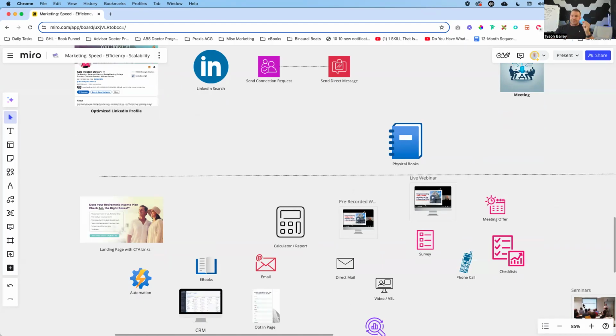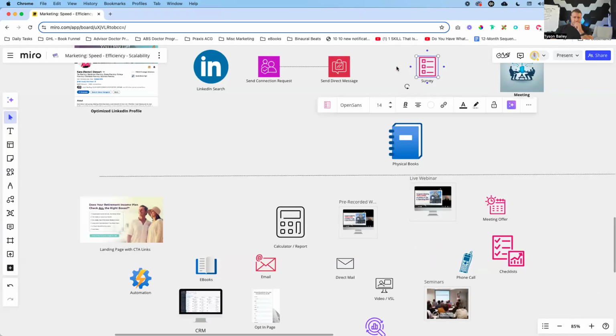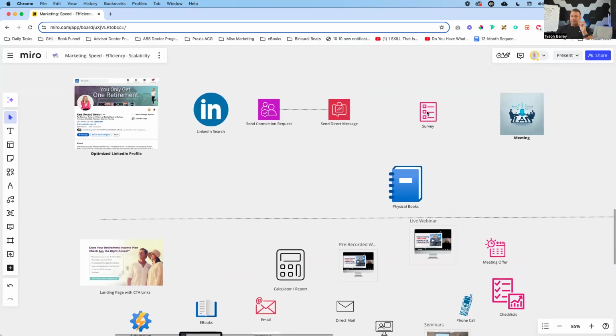Okay. So inside of here, what I've seen a lot of times, I'm thinking of one advisor in particular, he was trying to send out a survey. Okay. Now with the survey, it has valuable information on there. There's different ways to be able to position this as a value-based offer in front of your ideal audience. But the problem with that survey is that there was no immediate gratification for the prospect. Now, when I talk about immediate gratification, what I'm alluding to is they didn't know why they should take the survey. Assuming that they went through the survey, there was no reason, there was no pull for them to be able to do that.